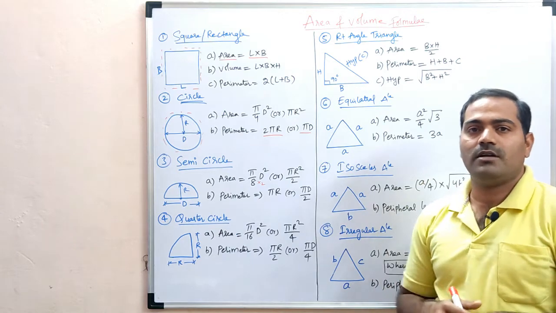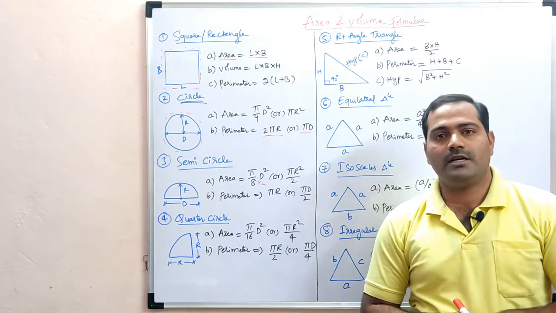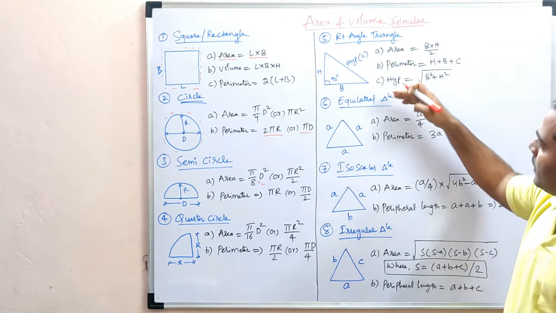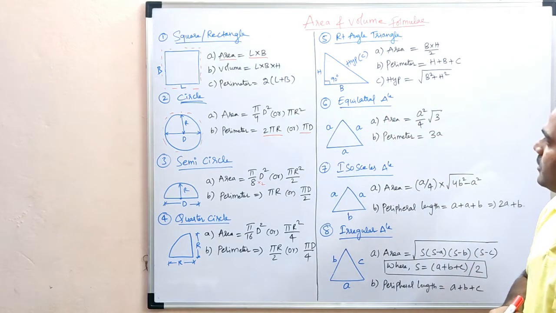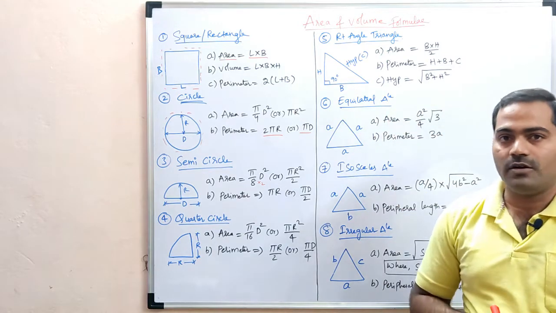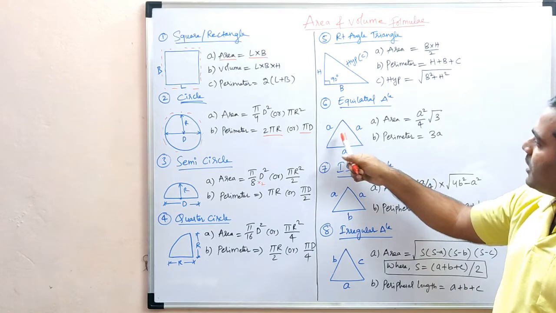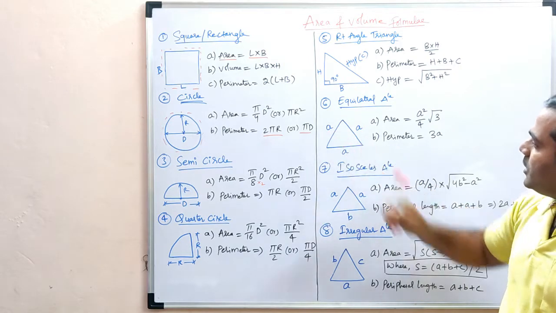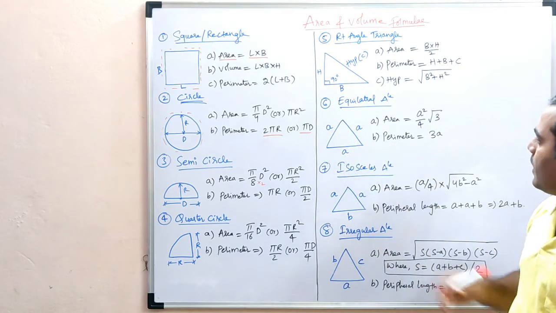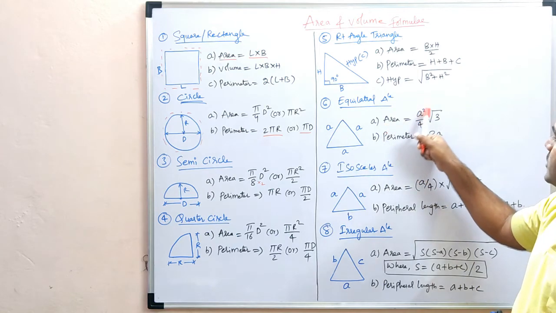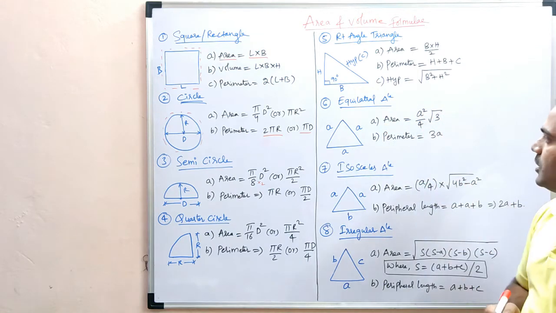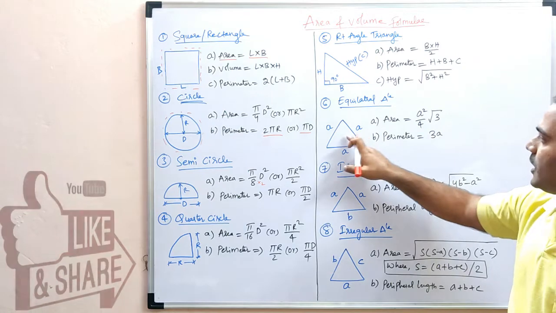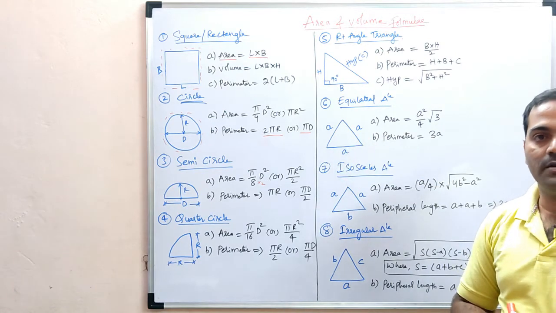So this is nothing but what we got by Pythagoras theorem. Next one is the equilateral triangle. So this kind of figure we also come across. For an equilateral triangle, all sides will be equal, a, right? Area is equal to a square by 4 under root 3. So this is the formula used for an equilateral triangle to find out the area.